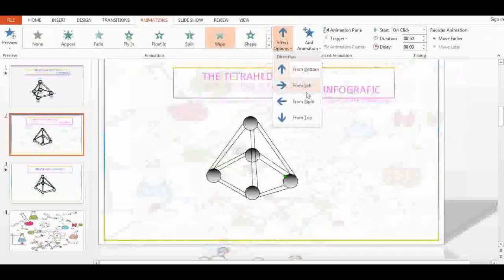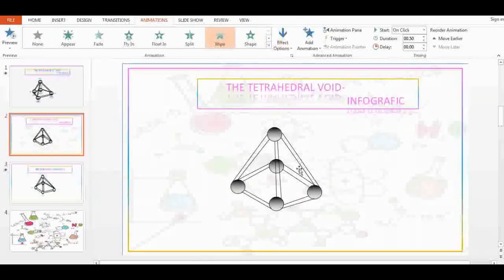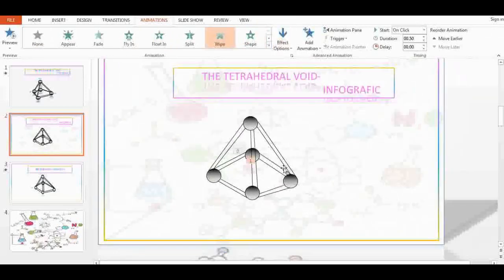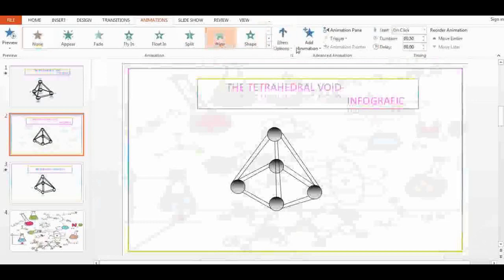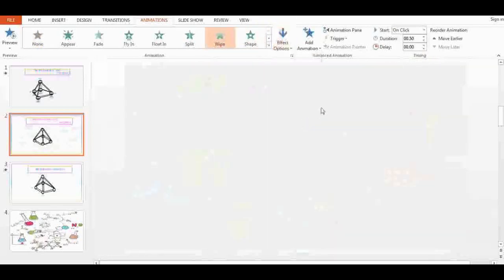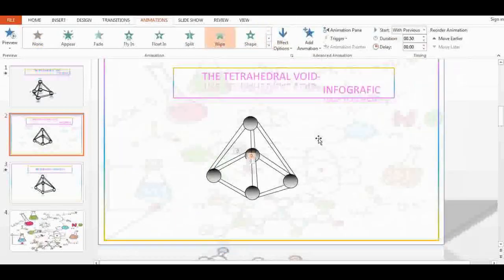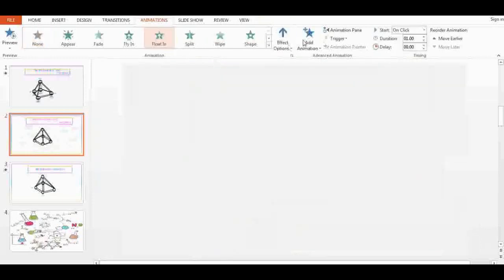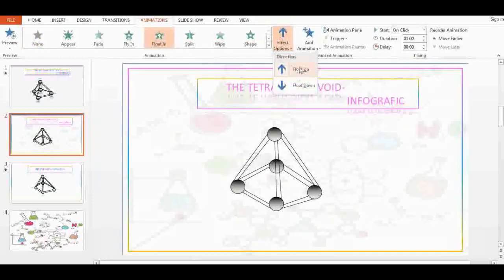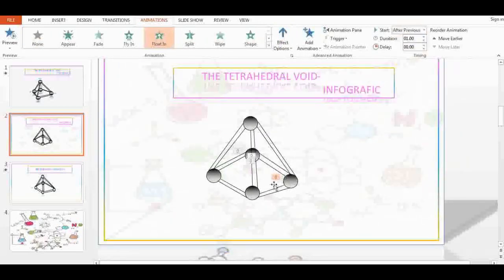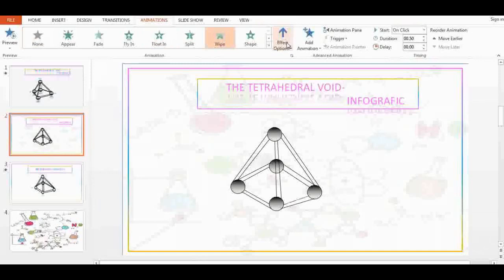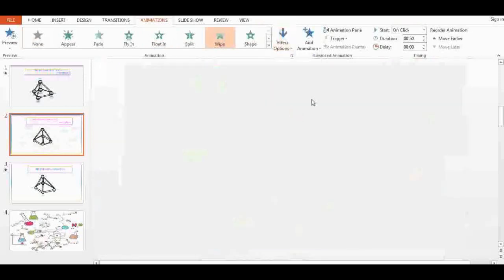Then from the top, select the other line, also select the other line, Wipe from Bottom, then make it With Previous. Both lines should come simultaneously. Then we should select the shape After Previous as Float In, then Wipe for the lines from the top. Everything from top. The line should be from top,